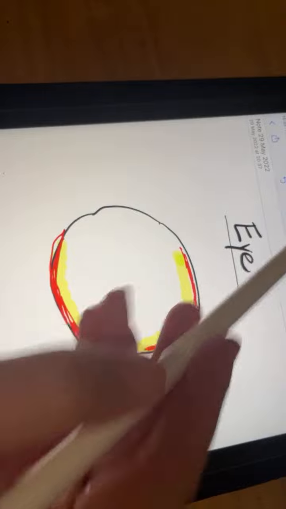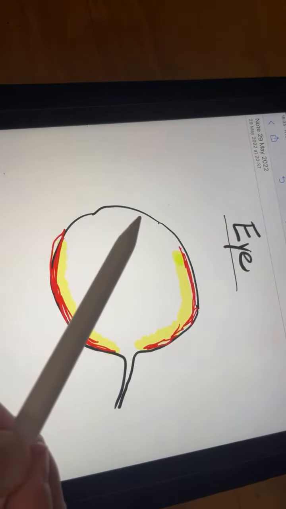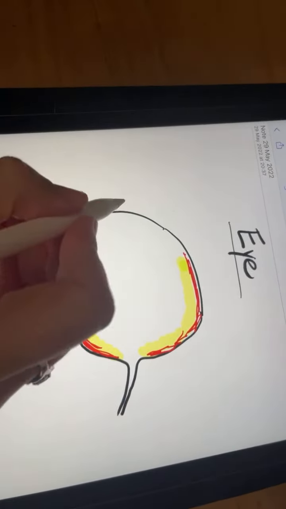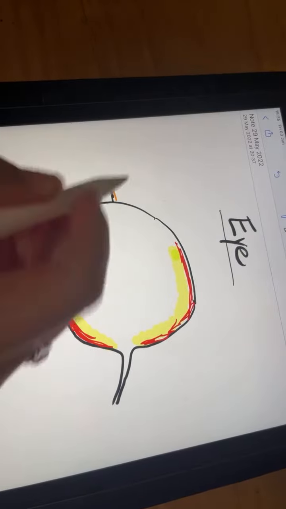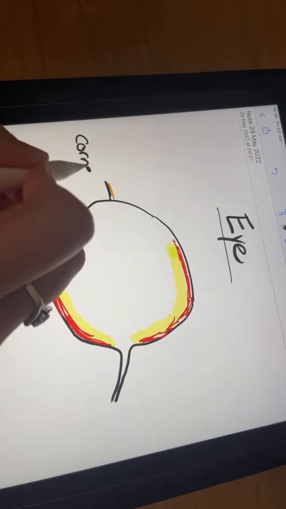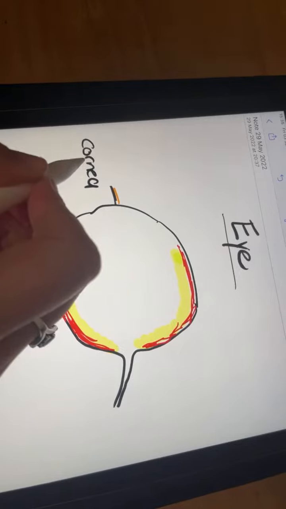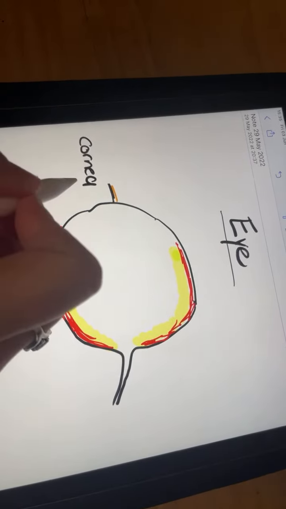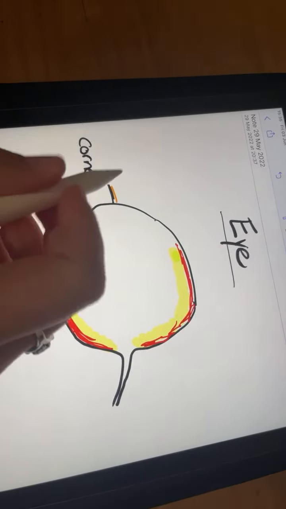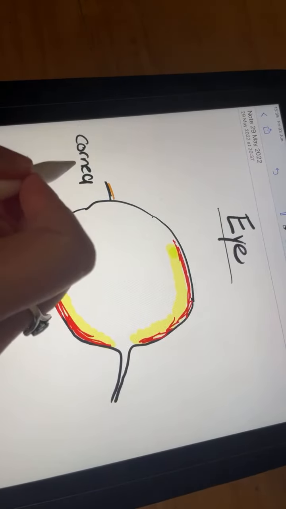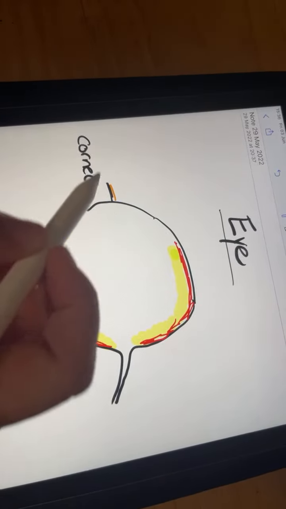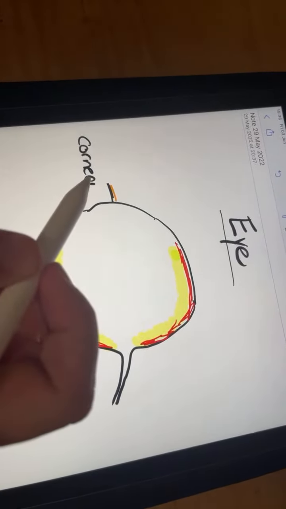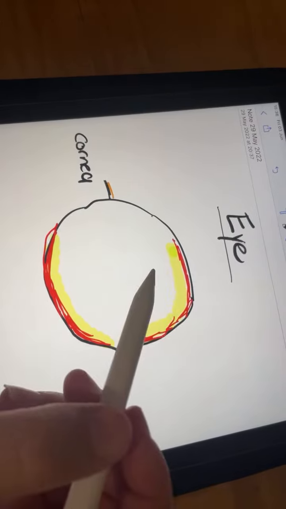Now, sitting in the front of the eye here, you'll notice I didn't make it perfectly round. I made this little bulge over here. And this is the cornea. Actually, let me go back to black. This is the cornea. And the cornea plays a really important role in your vision. I know a lot of people actually forget this, but the cornea is actually the point at which most of light refracts, which means bends. And so even though the lens is really important, the cornea is actually more important in creating a finer,